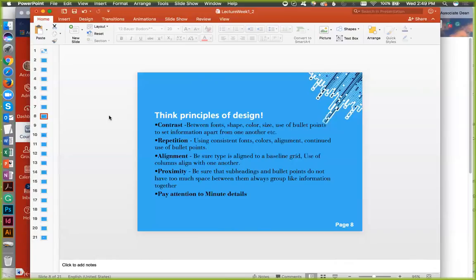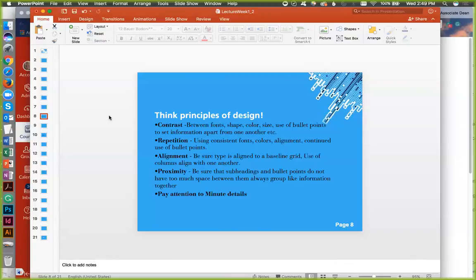Same goes with your resume, okay? Now, say for instance, with your resume, there's really not a whole lot of titles other than your name and stuff like that. So you're probably going to do left align. You might do some center align. It all depends, okay? And then the other part of this is you can use a baseline grid. It really helps to align the information across the page.